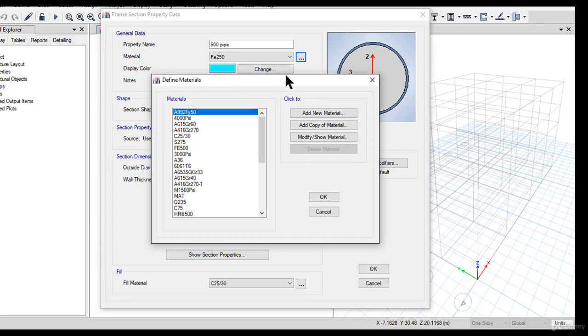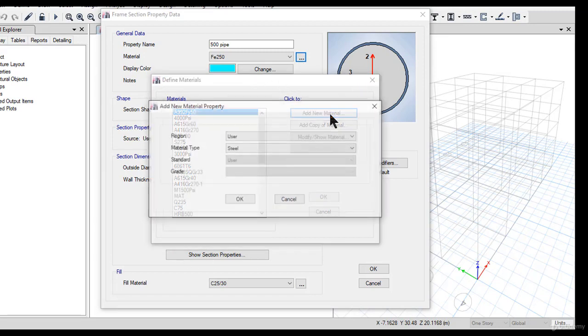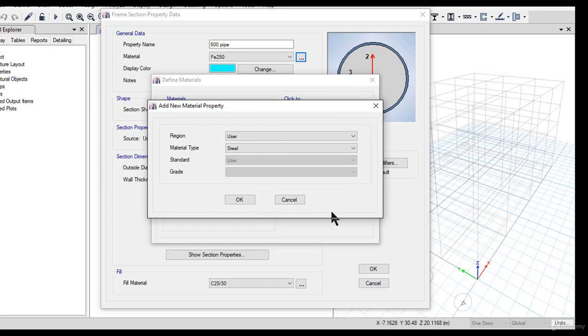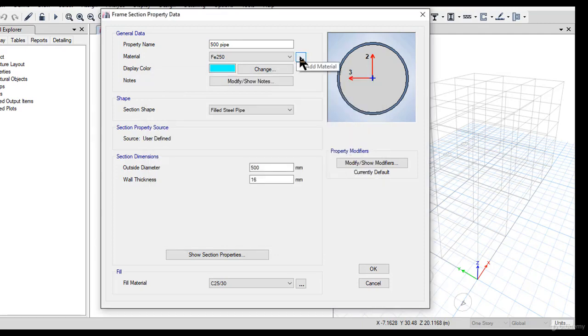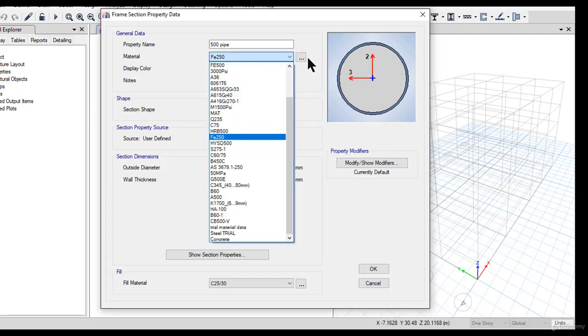Left click here. Again this define material data window will open. You can proceed with the same procedure that I had covered in the previous lecture, and just add a material. Notice that when you add a material from this option, that added material will automatically come here in the scroll down menu option of material.